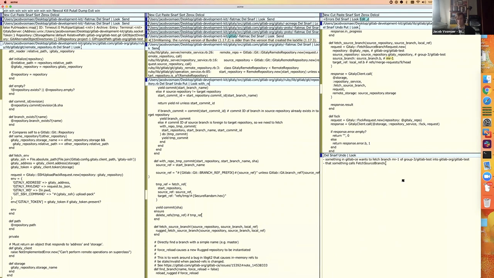The repo, so the target, is GitLab org GitLab tests. Source repo is that. That's the wrong way around. This is the target repo. Source repo is group 3 GitLab tests. Source branch is MR1, and